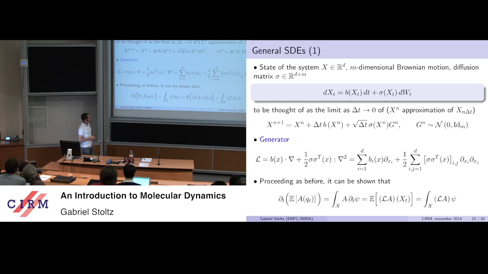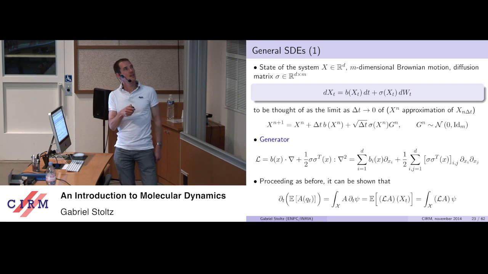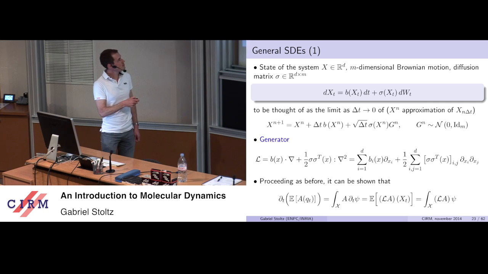Now once you've understood that, with a little bit more algebra, you can do it in general for general SDEs of this form. So first, a drift part, b(x_t) times dt, and then some diffusive part, where in front of the Brownian motion I may consider what is called a multiplicative noise, which means that the diffusion coefficient here may depend on the state of the system. If you're uncomfortable with this writing, you can really think of it as being the limit as delta t goes to 0 of this numerical scheme.